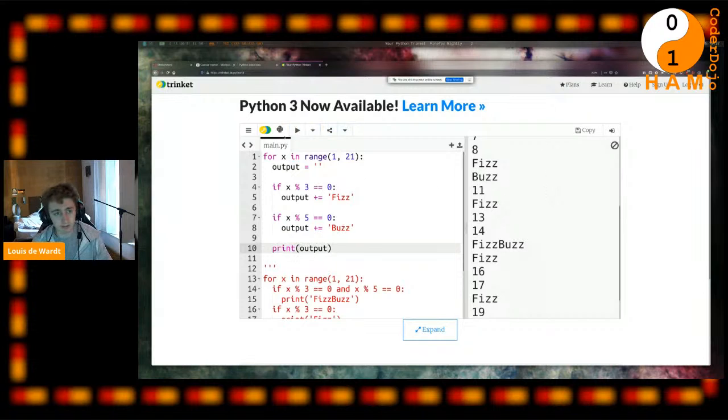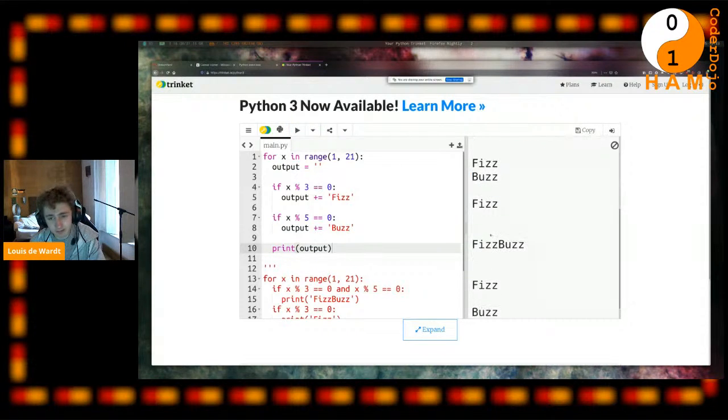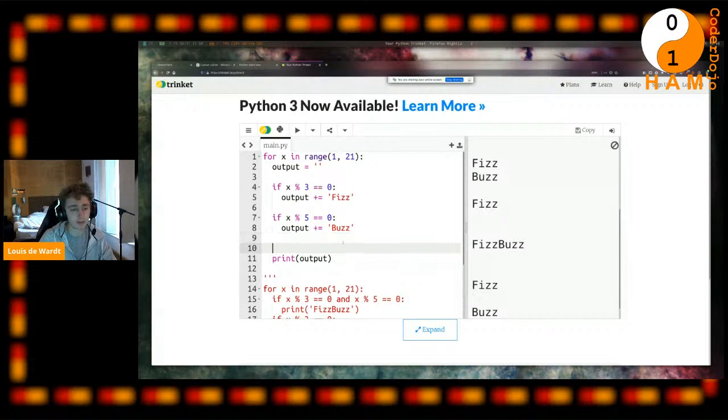But there is a slight issue, and I'll show you this. We'll see it very shortly. We're not printing out the numbers here, but it is printing fizz. It's printing fizz buzz in the right place, in quite a nice way. The one thing to do is we need to say